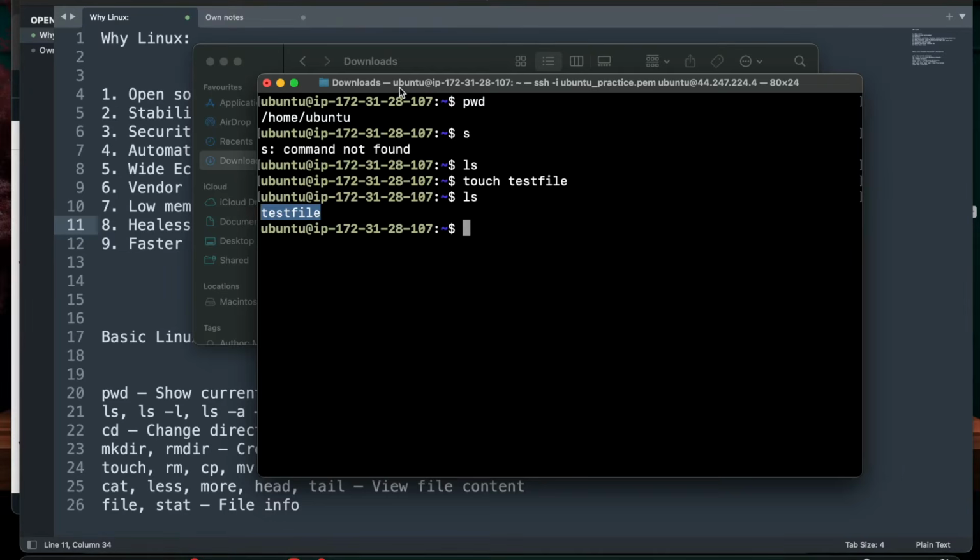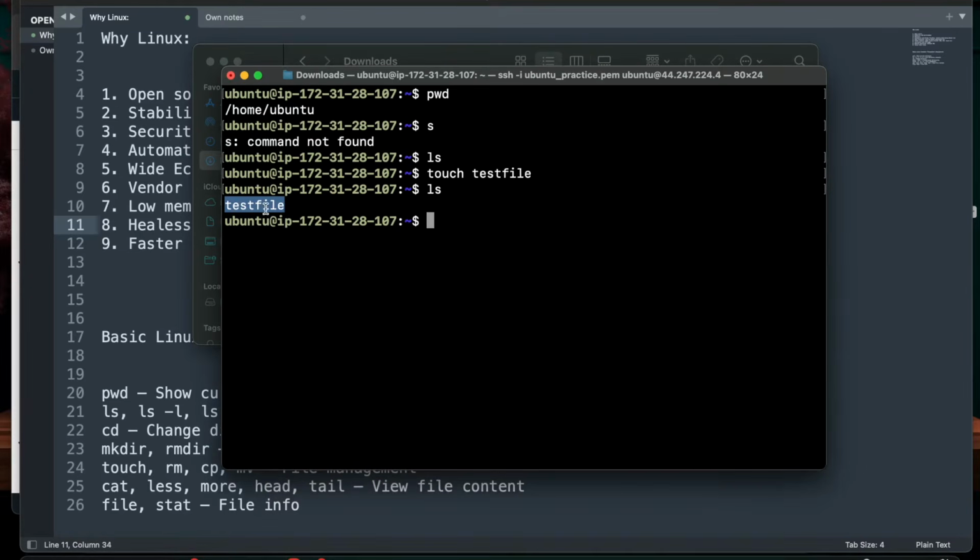If you want to see the permissions as well, that is, who has access to this file and what permissions the file has, you need to do ls -l. L stands for long list. So you can see when it was created, the date, time, who has the permissions on it, and who owns it. I'll explain these users and permissions later, but try to understand this ls -l command from now.